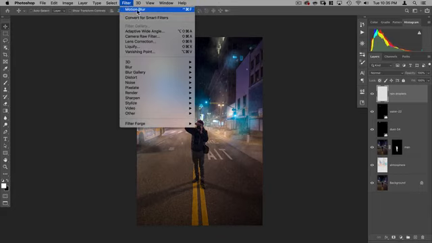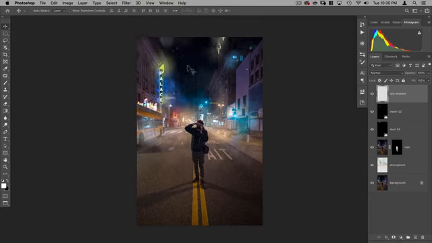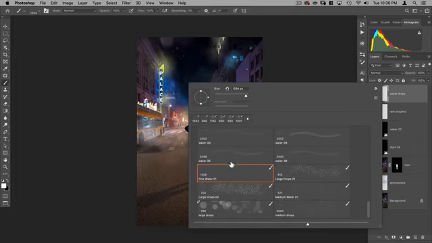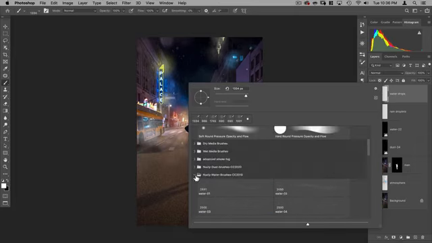And then we're just going to make it do that same motion blur again. So if you go up to Filter, the first thing on your menu item here just repeats the same filter again. So as you can see, that's just stretching those out. I'm going to do that one more time. So there you go. I now have some rain falling. I'm going to take the opacity down on this to about 70. I don't want it to be full. I just want hints of it there. So pretty happy with that. All right, next we're going to make water drops. And let's go back to our brush. And I'm going to go actually to our dust brushes for this.